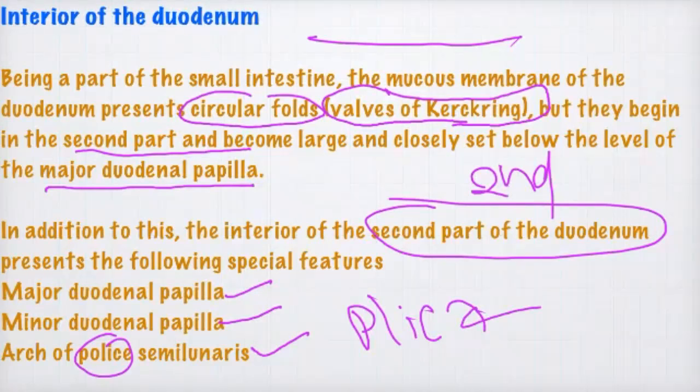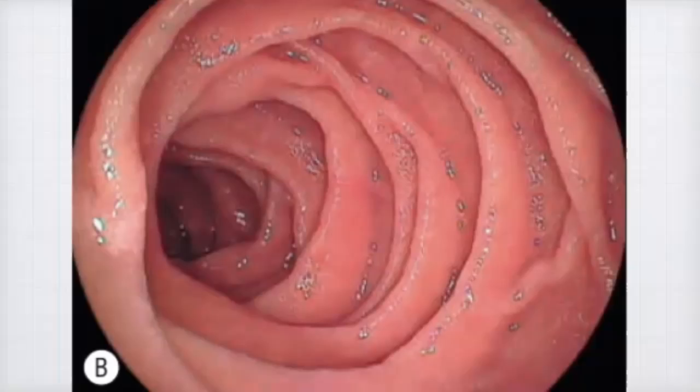This is the endoscopic view of the duodenum, right? So these are the valves of Kerckring, right? Coming to the major duodenal papilla,